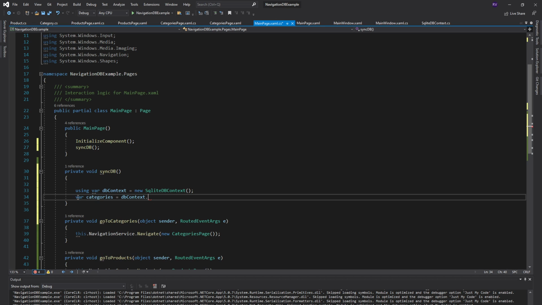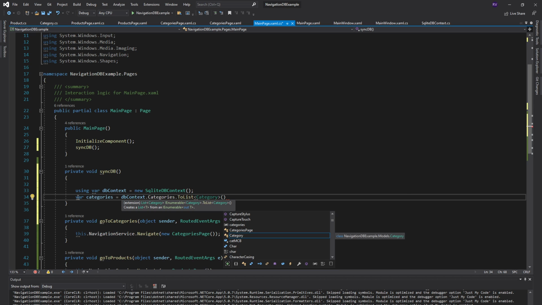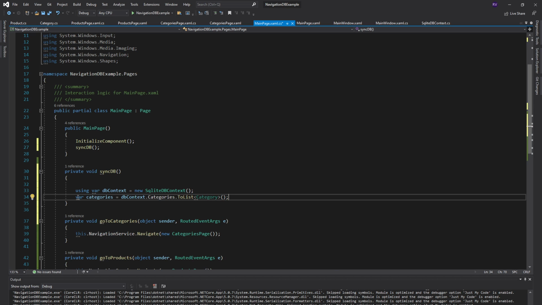We have our categories, DB context dot categories. And we put it on to a list of type category. So we read the database